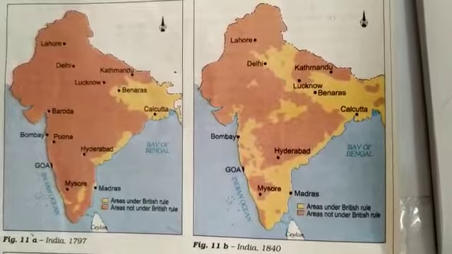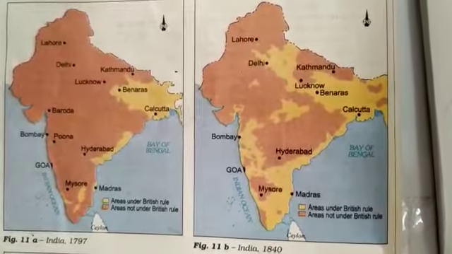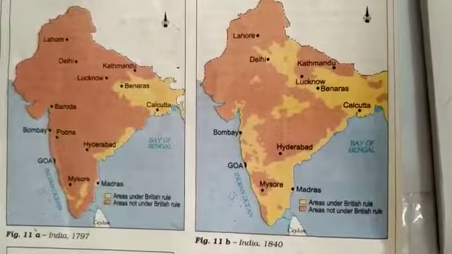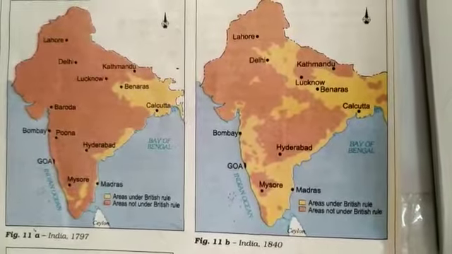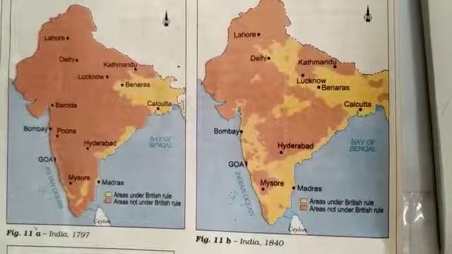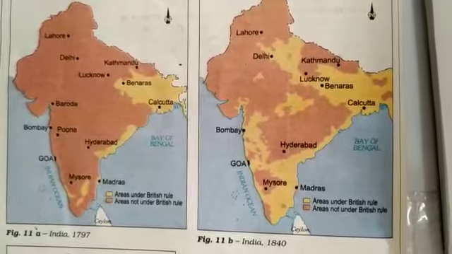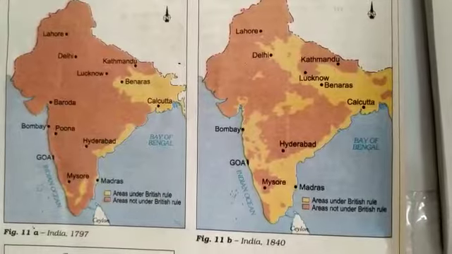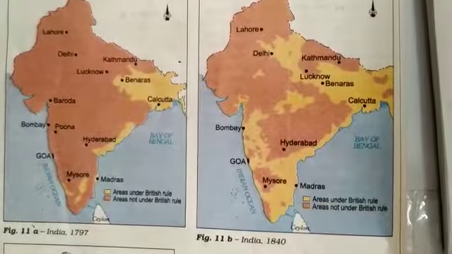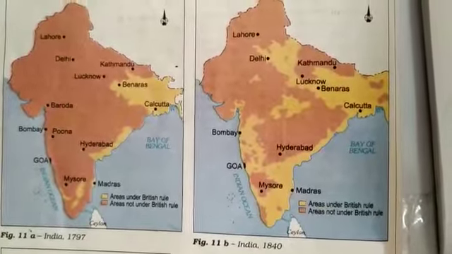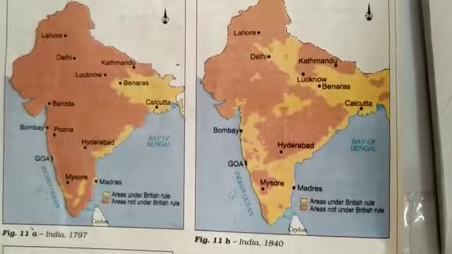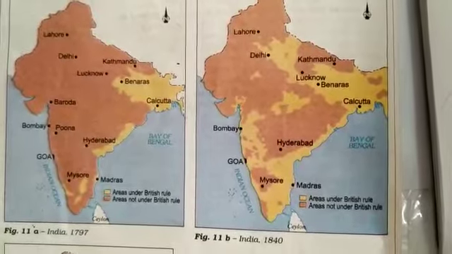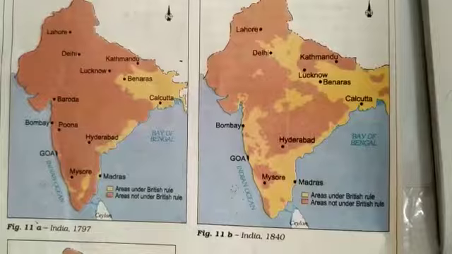They started from the east, but now you can see their control from the eastern part of Coromandel coast to Madras, then coming towards west till Bombay. The whole important area, as you can see, the total coastal area or the coastal line of triangular India was now under the control of the British East India Company till 1840.